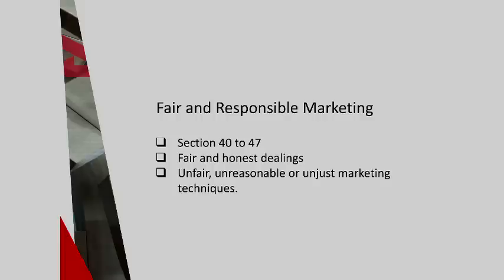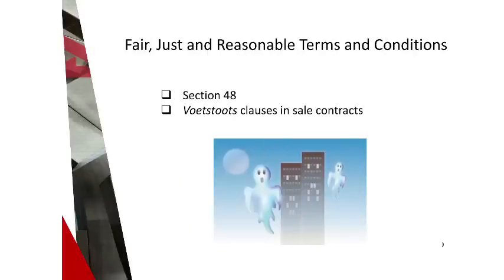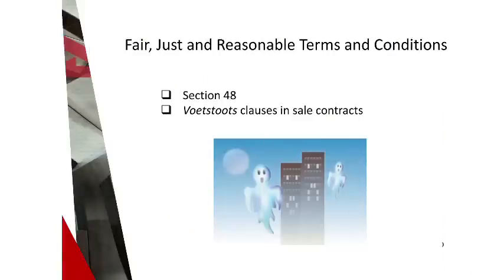Then your fair, just, and reasonable contract terms. I think this is the most important provision in the CPA. Also the most difficult to interpret, because what is fair depends on the circumstances. I've had some thoughts, I spent some time on this, and I think a provision in the contract stating that the estate agent can claim commission, even if the transaction does not materialize, if placed under scrutiny in terms of the CPA, may fall foul of the CPA, and may be considered to be an unfair or unjust contract term. A foot stewards clause also falls under that definition.